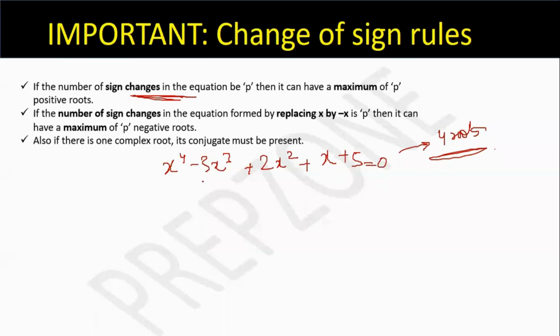ठीक है। तो जितने भी साइन चेंजेस हैं उतने मैक्सिमम पॉजिटिव रूट्स हो सकते हैं। तो फॉर एग्जांपल x to the power 4 का कोफिशिएंट इज 1 व्हिच इज पॉजिटिव। सो पॉजिटिव से नेगेटिव में जा रहा हूं, दिस इज फर्स्ट साइन चेंज, राइट। देन अगेन माइनस से प्लस में जा रहा हूं, दिस इज द सेकंड साइन चेंज। अगेन यहाँ पे प्लस है, यहाँ पे प्लस है, देयर इज नो साइन चेंज। सिमिलरली हियर इट इज प्लस, हियर इट इज प्लस, देयर इज नो साइन चेंज। तो यहाँ पे मेरे मैक्सिमम 2 साइन चेंजेस, राइट।